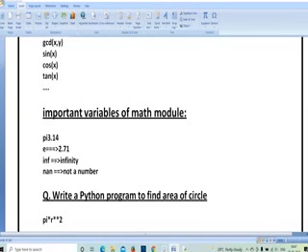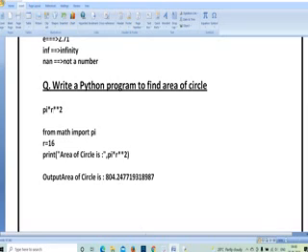So, for example, pi r square is used to calculate the area of a circle. In Python programming, how do you define the square value? For pi, I can write the value 22 by 7 or 3.14. R means I can define the R value. If R is 7, I can replace R with 7. We will do square as follows: pi into r square. If you want to perform a square operation, you have to use double star. So from math import pi, from the mathematical operations you are taking the pi value.